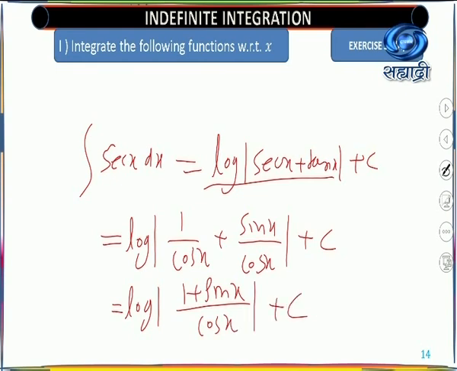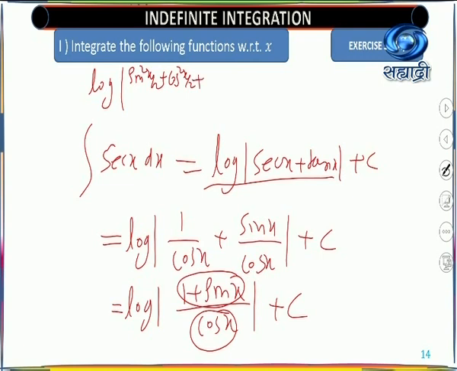Now I will use here the half angle formula. So this is nothing but cos of 2 into x by 2, and 2 into x by 2 gives you cos square x by 2 minus sin square x by 2. Similarly, I will use here the formula for 2 theta. So what is that formula? Log of mod of this one I will write as sin square x by 2 plus cos square x by 2. Observe carefully.